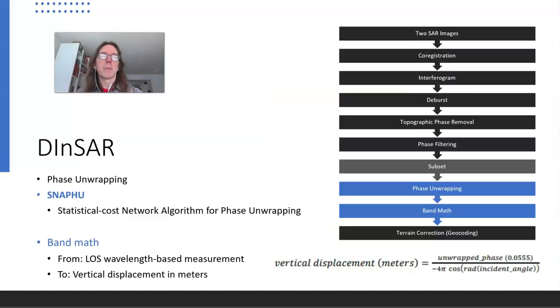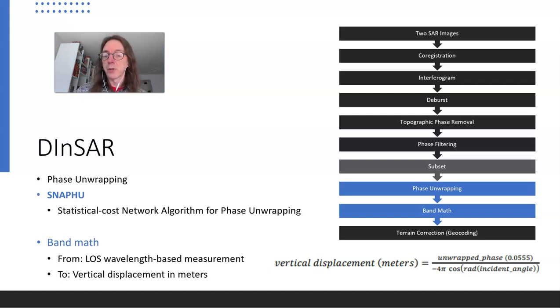To add phase unwrapping to the DInSAR workflow required the use of SNAPHU, as shown here. The wrapped phase result is exported from SNAP, unwrapped with SNAPHU, then imported back into SNAP as a new phase band. Due to the processing time overhead and time required, it's almost always best to create a small subset covering just the AOI. Once this is done, however, using simple band math, one can transform the now absolute line-of-sight wavelength-based